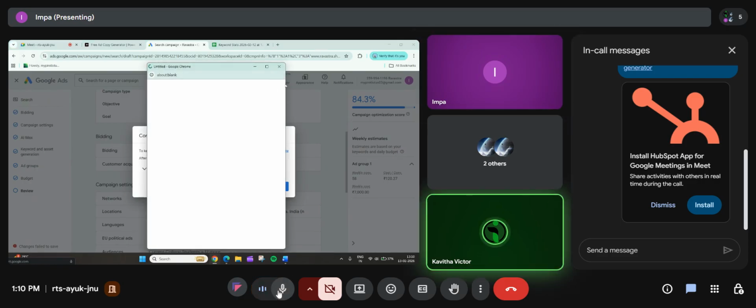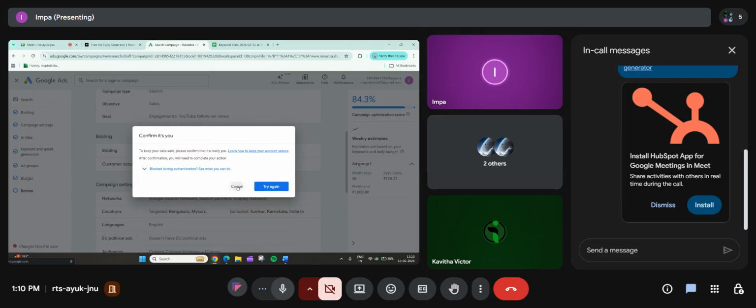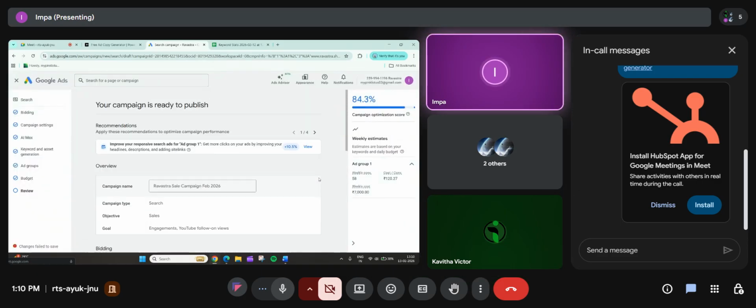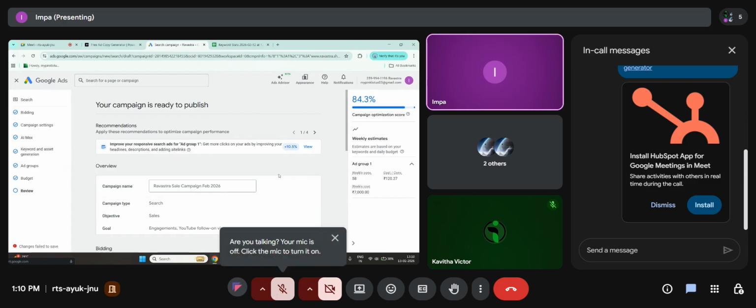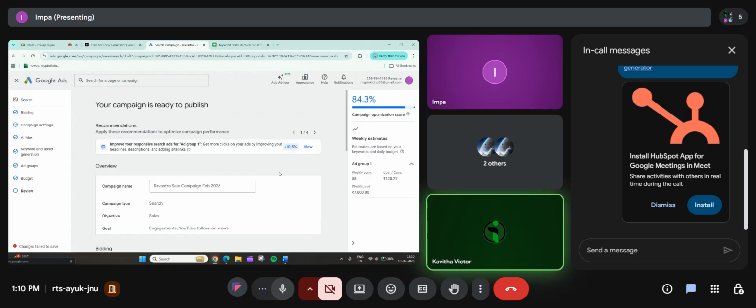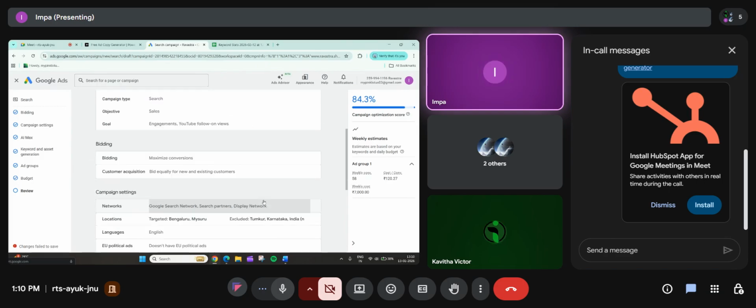Now click on cancel. Scroll down. Come to the bottom of the page.